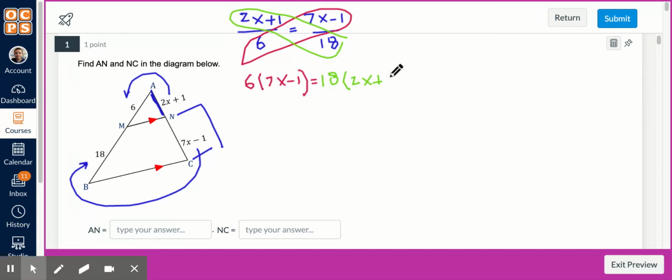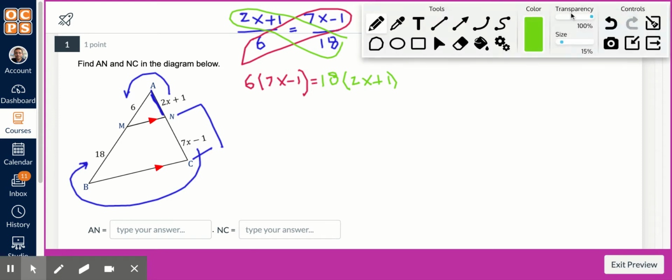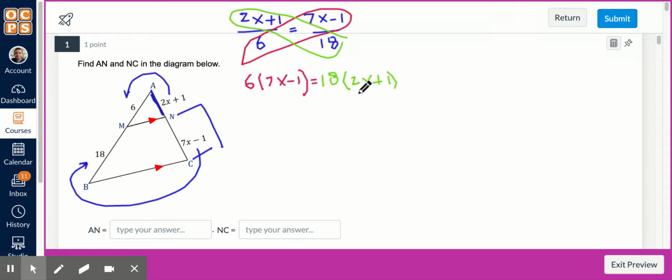And from here, I got to solve my equation. So this is the geometry part. Now here is just algebra. I got to solve my equation. How can I solve my equation? We have a number on the outside. We got to distribute. So let's finish with blue. 6 times 7 is going to give me 42x. 6 times negative 1, negative 6, which is equal to 18 times 2x is 36x. 18 times 1,